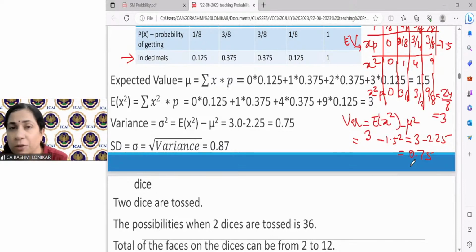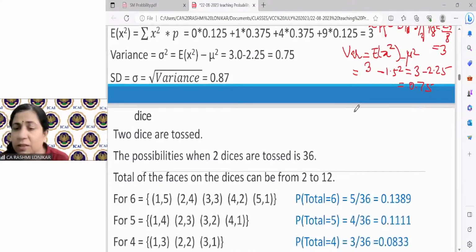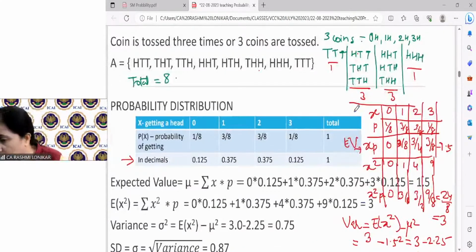So now we have talked about dice. Now let us talk about coin. I hope everybody has understood the coin. Let me just check. Yes, Nikita, crystal clear. You just have to flip a coin, which is very practical. You take 3 coins, you flip them, you see how many times you get a head, how many times you get a tail, and you write it down.